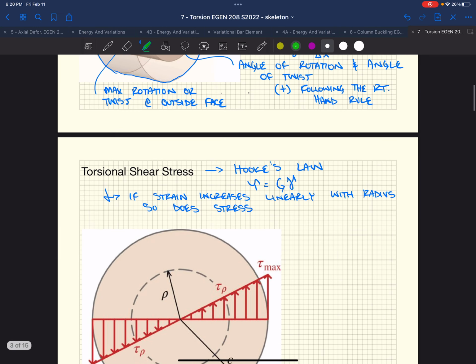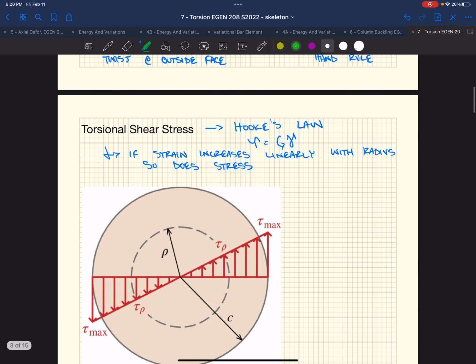If the shear strain is proportional to the shear stress, and our angle of rotation varies linearly from the center to the outside, so does our shear stress. So if we picked a point, we might call it rho, and we call that rho the distance to a point from the center. Our shear stress at that point,